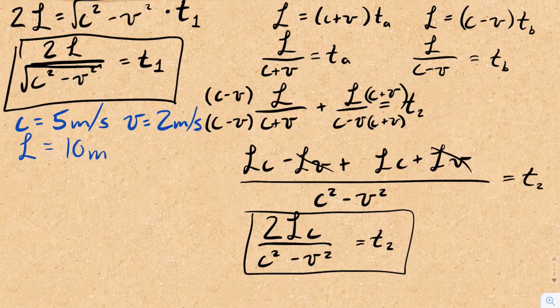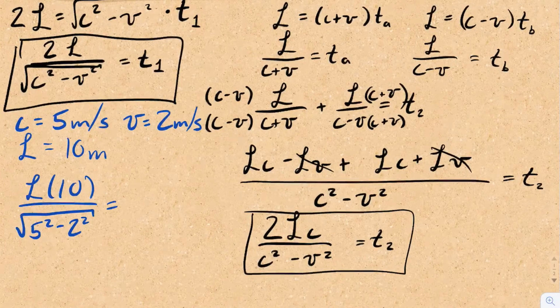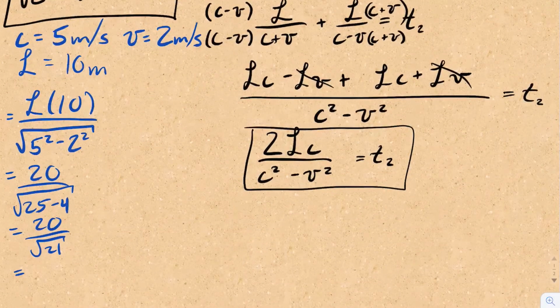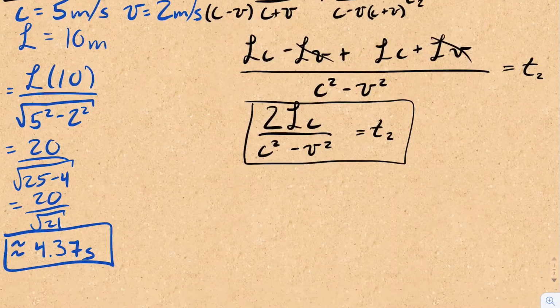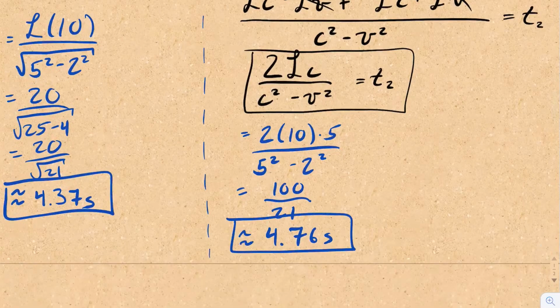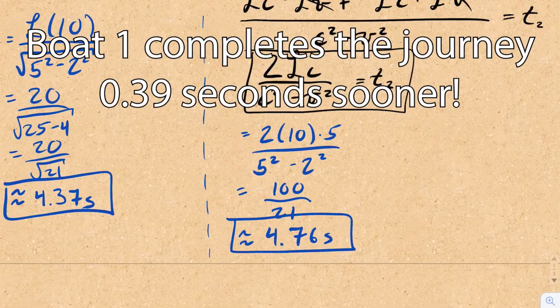All right, so let's figure out what happens here. So from here, we can see that boat 2 is going to take slightly longer than boat 1 to complete